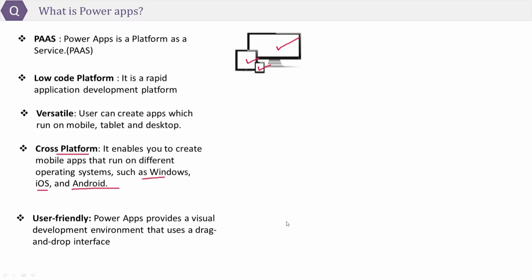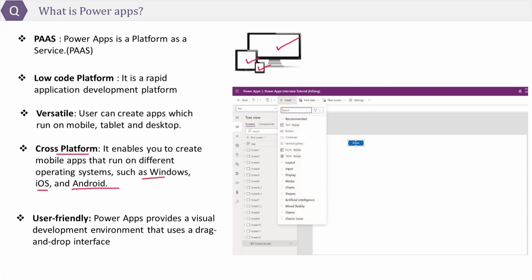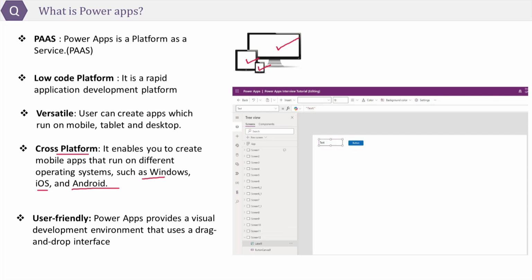Let's see this drag and drop interface in action. You can see here the user has added one button and one text box just by doing drag and drop.